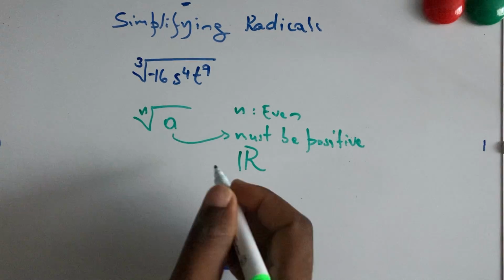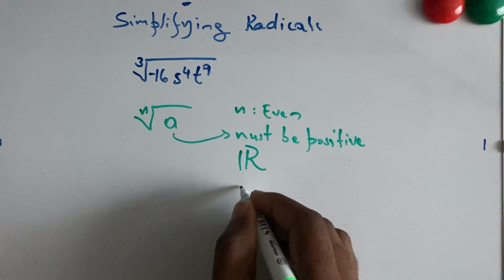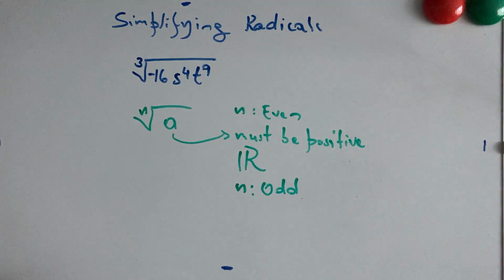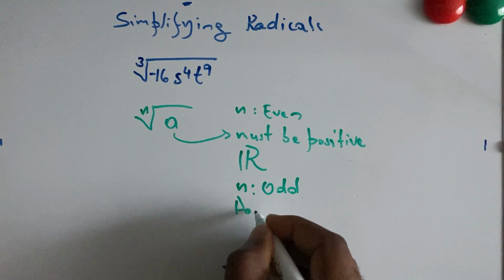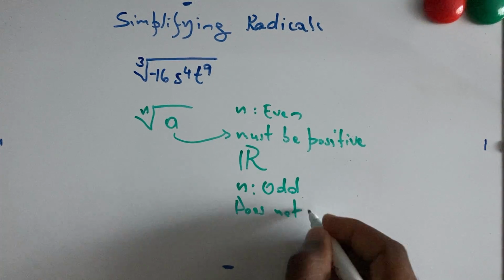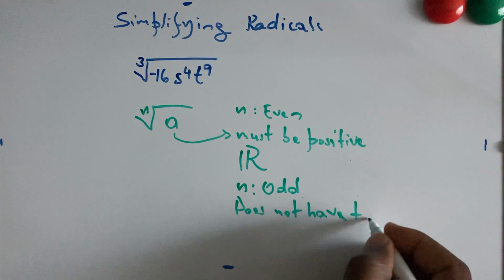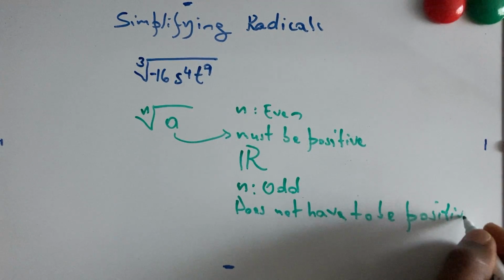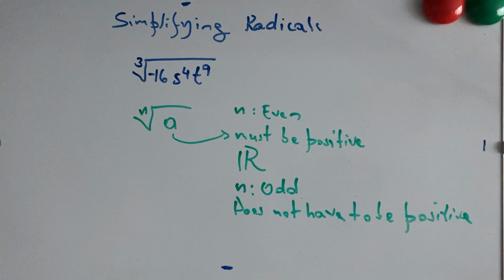Remember that. Now, if it's odd, if n is odd, it does not have to be positive, okay? Remember that. Does not have to be positive if n is odd. It can be negative, it can be positive, okay? But it does not have to be positive. Remember that. It can be both negative and positive. Okay, so knowing that,